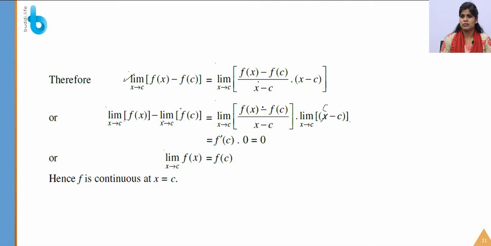So the left hand side is equal to 0. On taking the term to the right hand side, we have the limit as x tends to c of f(x) equal to f(c). What does it mean? It means the function is continuous. But keep it in mind, it is not reversible. That is, vice versa is not true. If a function is continuous, it need not be differentiable. If a function is differentiable, it is definitely continuous, whereas if a function is continuous, it need not be differentiable.